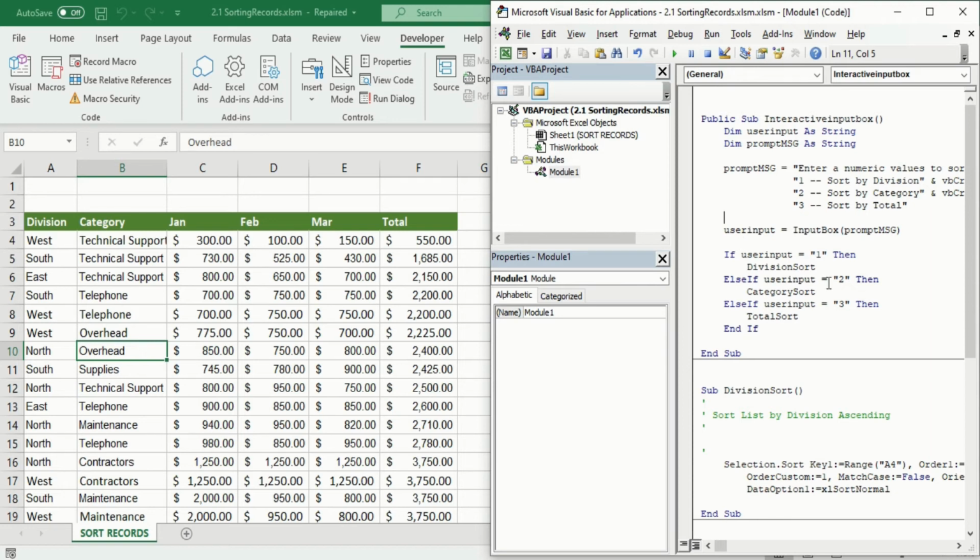Why? Because we have only given instructions for what will happen when the answer is 1, 2 and 3, but we haven't guided the VB editor on what to do if it is anything other than these. So in that case, we should code for something, and for that we will do it now.